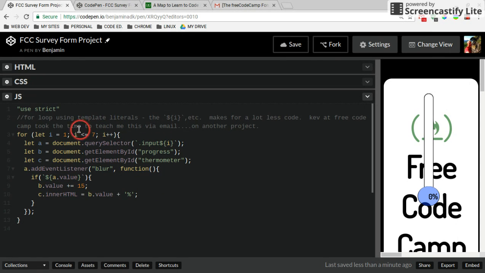And then you make the for loop go from 1 to 7, because I have input 1 through 7 out there. You put the $, brackets, i, with these little doohickeys, and then it's going to get each one